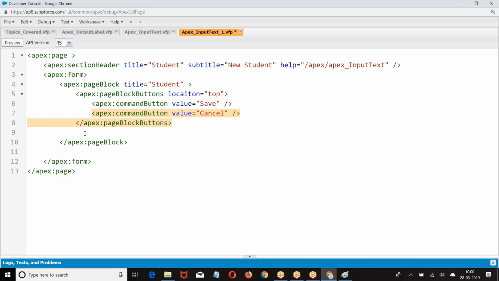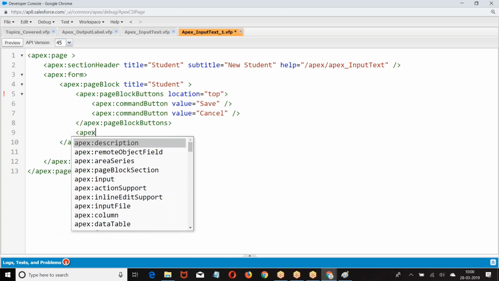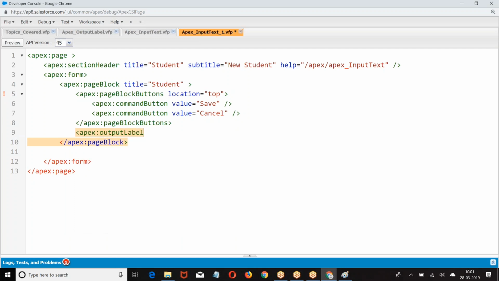Then I was supposed to give here output label. So I'm giving here Apex output label value equal to